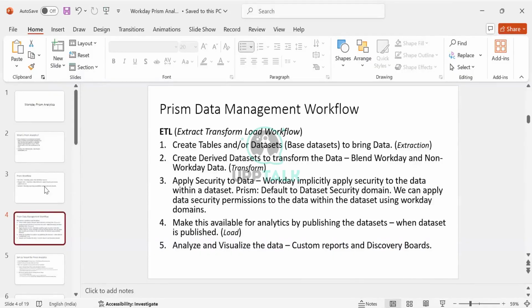By default, Workday implicitly applies security to Workday data within a data set. Let's take the Prism default to data set. This is the domain name, Prism default to data set. Let's say there is a data set, and it has different columns in it. Assume this Prism data set as a data source